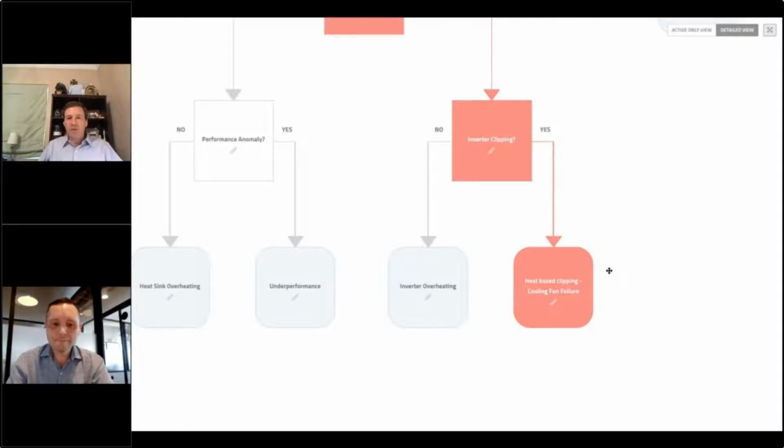So you can see here we're combining two important things: we're using analytics, but we're also using an engineer or an asset manager's knowledge of what these mean. What does it mean if I see this type of clipping at the same time we have a power loss and a temperature signal? Here it probably means that we have heat-based clipping and possibly a cooling fan failure. So this is one way to put together, as a best practice, the logic steps: combine engineering knowledge with analytics, and then this runs automatically and comes to a very interesting insight, going far beyond a simple alert.